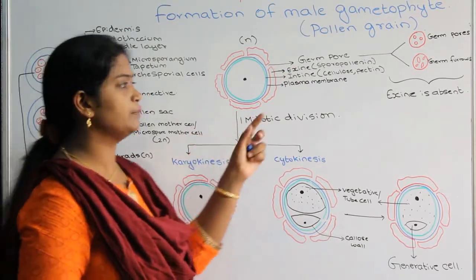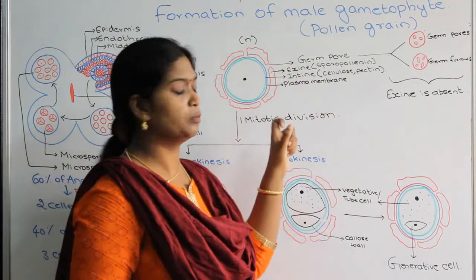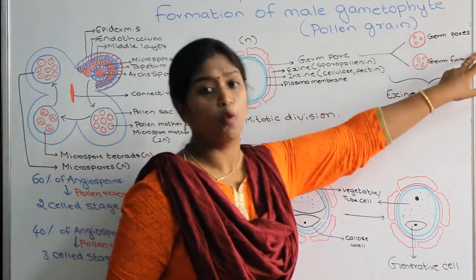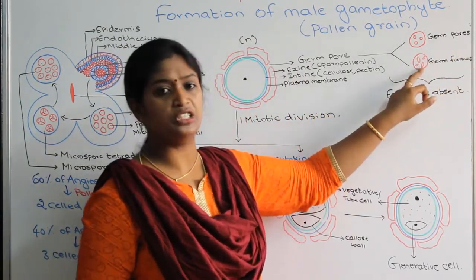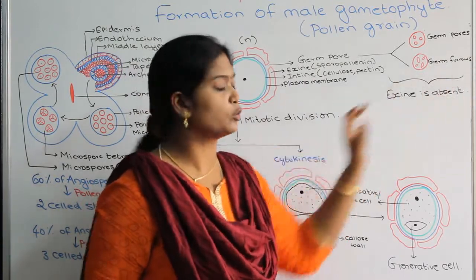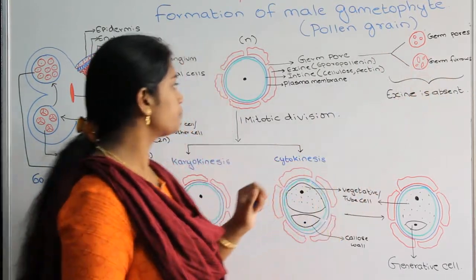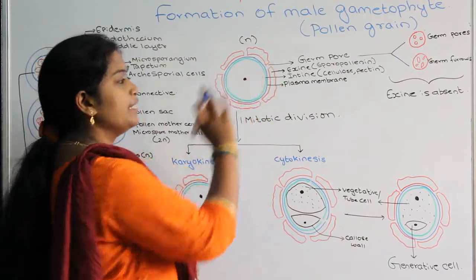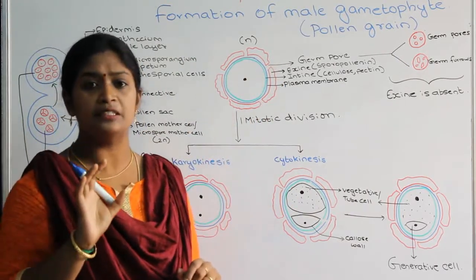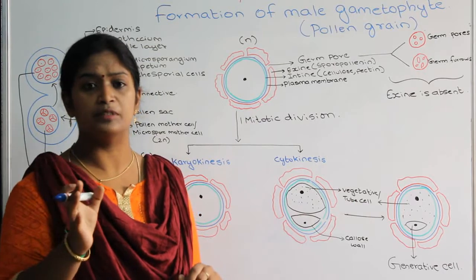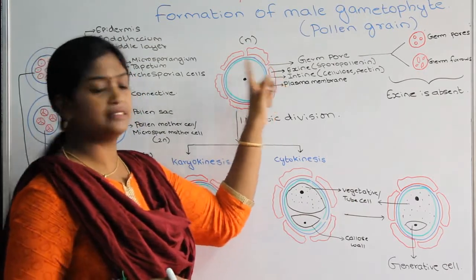Okay, we have 2 types. If it is a circular germ pore, we call it germ pores. If it is cylindrical in nature, we call it germ furrows. We will see the role of these germ pores or germ furrows a little later. So, in certain places, the exine is absent, that is, the sporopollenin is absent, and these places are called